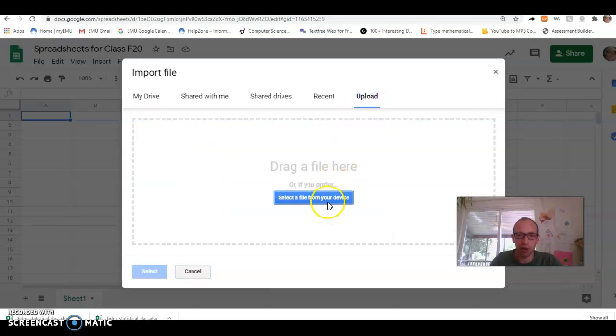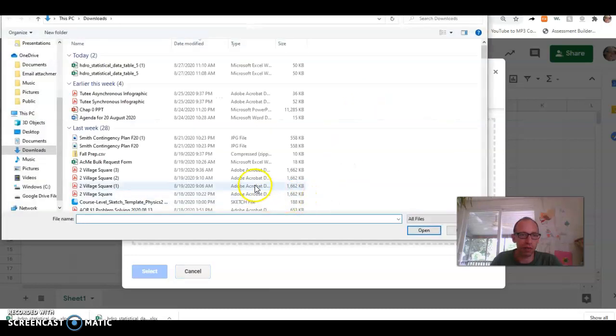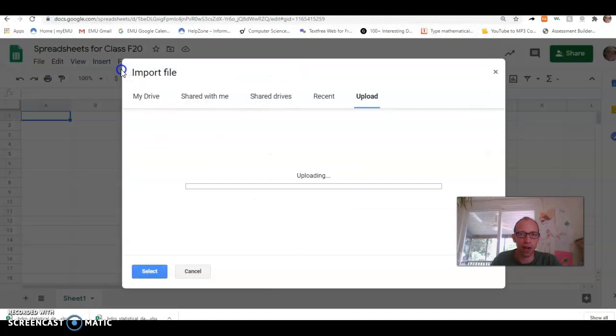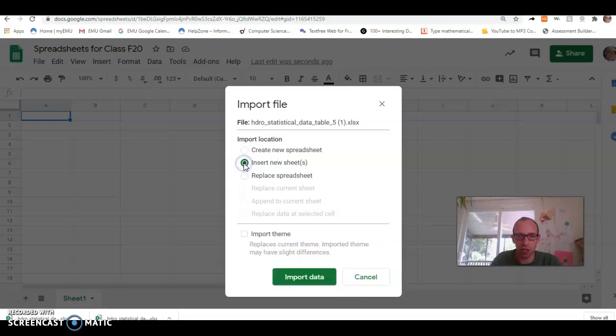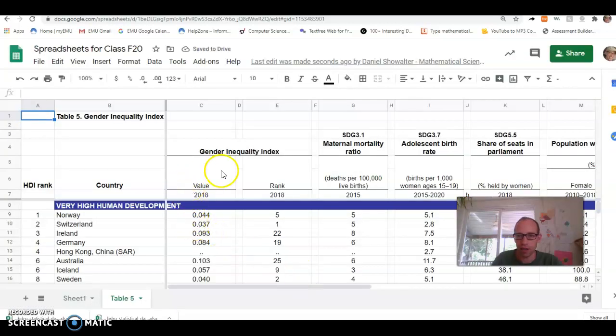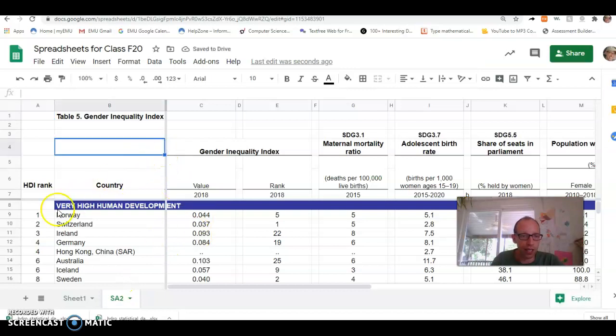I'm going to do Upload, select the file from my device, click on the file that was downloaded, and we're going to insert a new sheet here into the spreadsheet, import the data, and voila, there we have it. And in this case, I could rename this as SA2 for spreadsheet assignment 2, and I still need to do